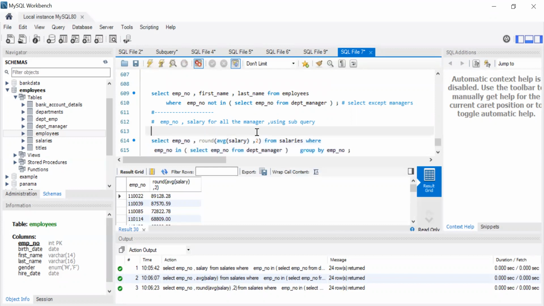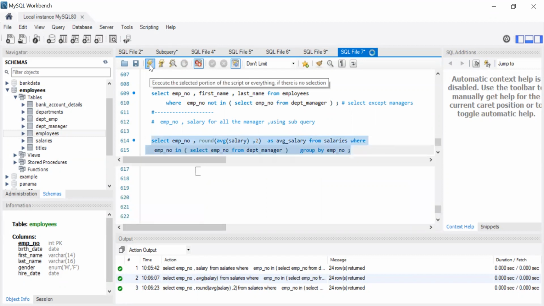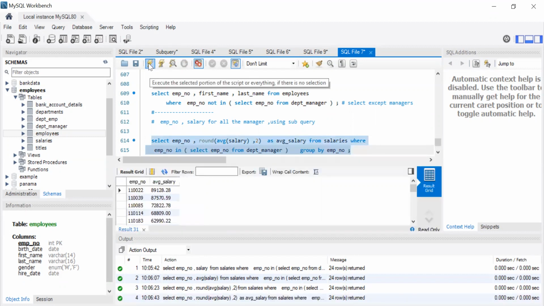Okay, round average salary, and this name of the column seems to be a little funny. Let me say as AVG salary. ओके, अब देखो बढ़िया आ गया, राउंडेड ऑफ ऑल्सो एंड एवरीथिंग।